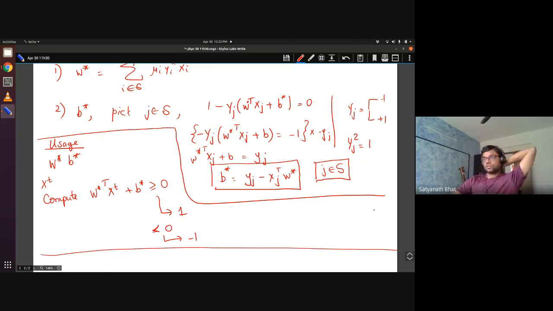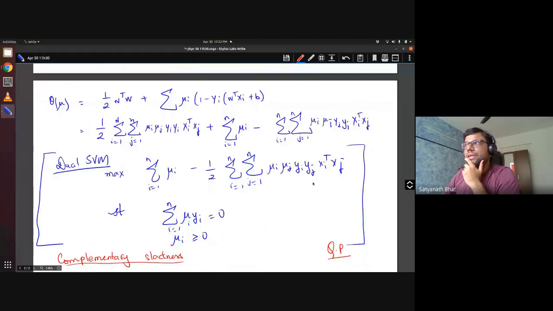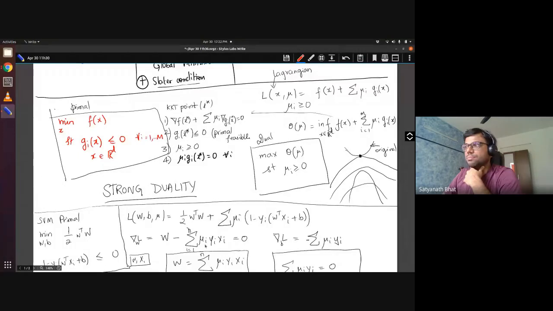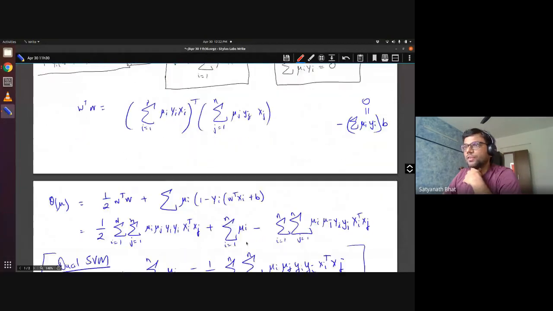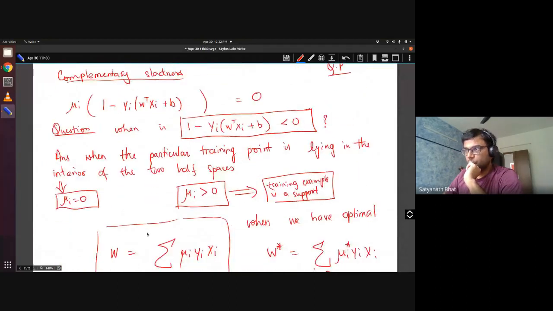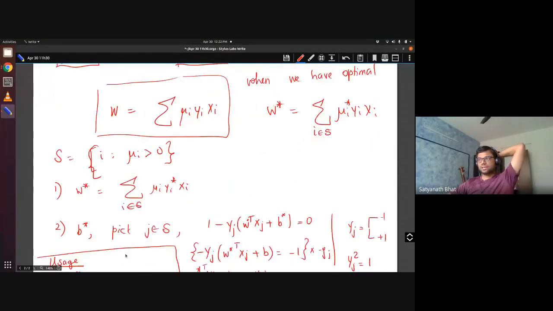Let me just quickly go through it. We took the primal SVM, we used ideas from optimization where we take the dual of the SVM in this manner, and we came up with the dual SVM. Once you have the dual vectors, the support vectors, you can always represent your optimal hyperplane in this manner. W star is some linear combination of all these points, and you can get B star. So this is how we do it.